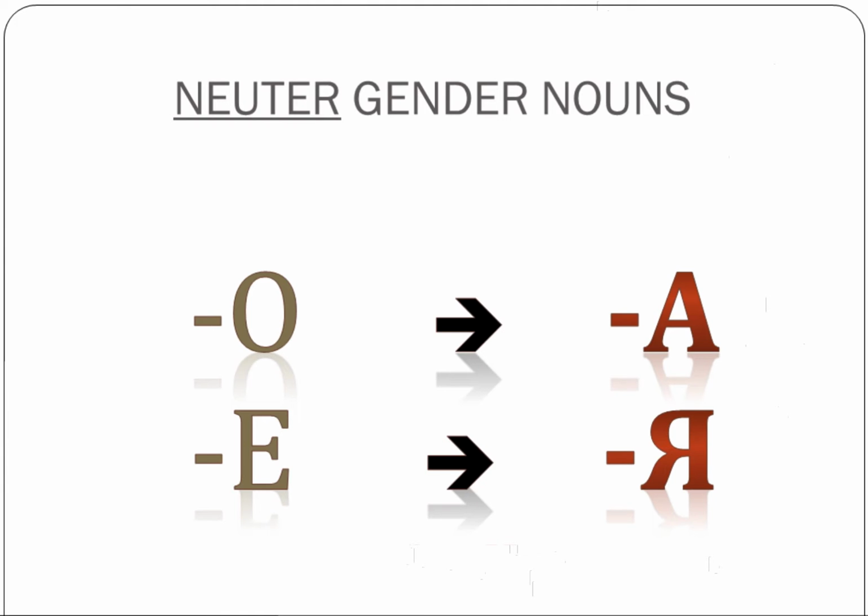And here what you need to memorize is that О changes to А, Е changes to Я. With endings, there is no logic, there is nothing to understand. Again, it's all explained historically. That's how the language has developed, that's how the native speakers use the language. So unfortunately, that's all we can do here. Just memorize О to А, Е to Я.